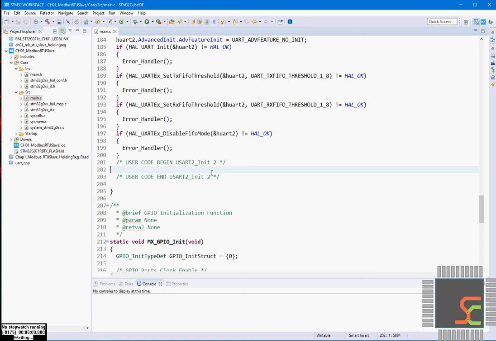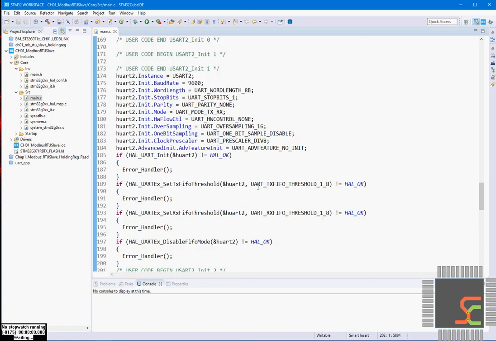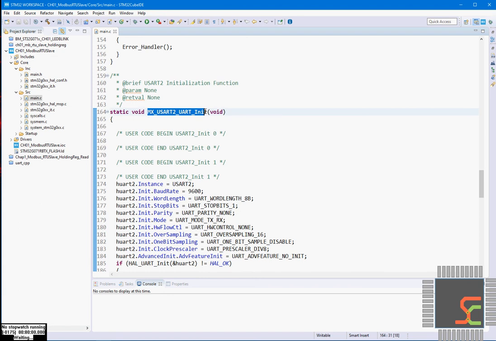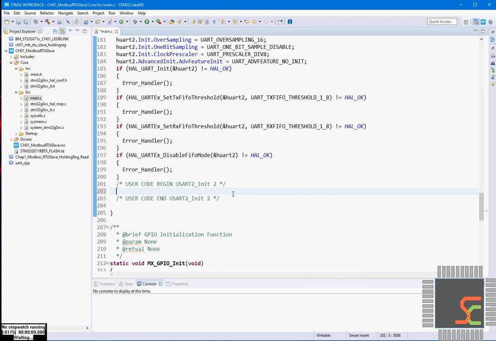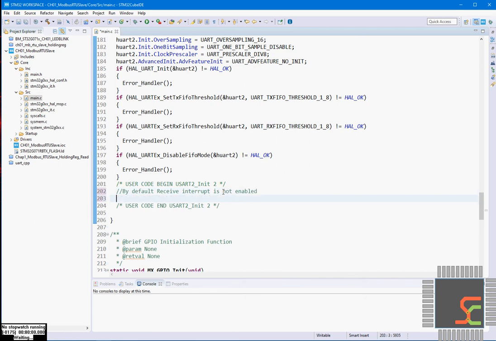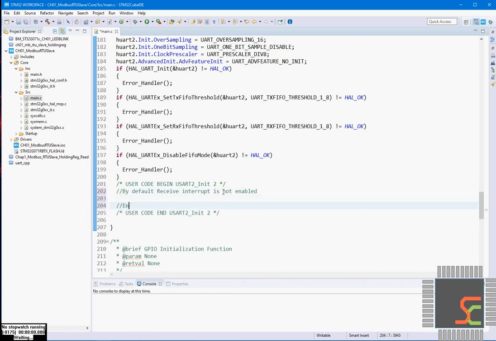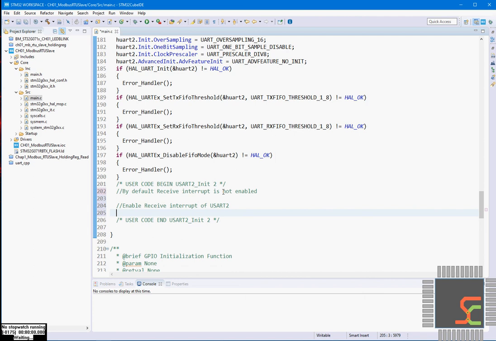One extra thing to be done is in the USART initialization function, we have to add the receive interrupt enable. By default, the receive interrupt is not enabled, so we'll enable it for USART2.